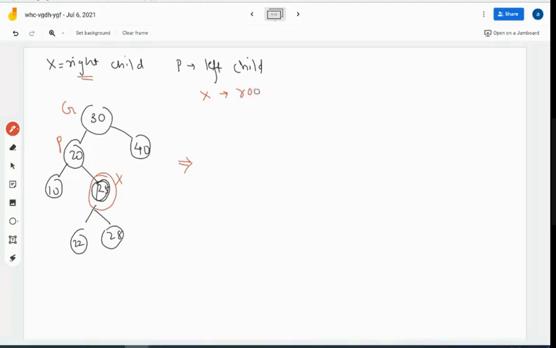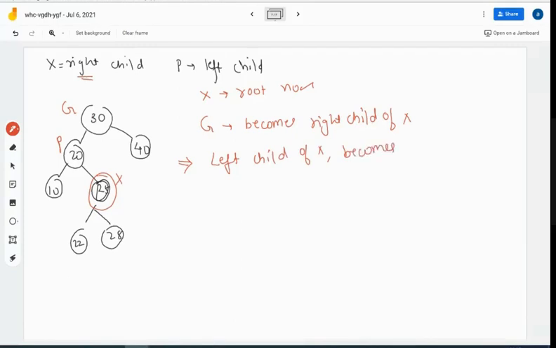Then G, that is the grandparent, will become the right child of X. Then the left child of X becomes the right child of parent.